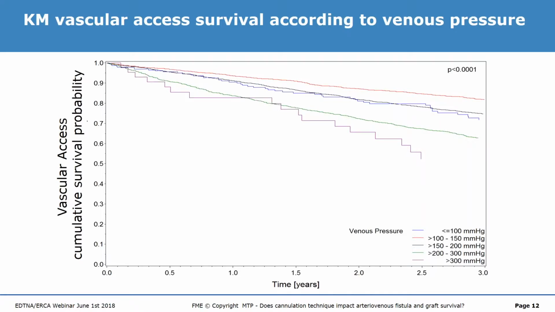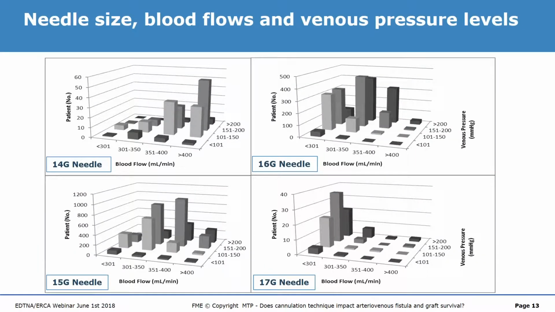There is another additional analysis that we have done, and it is the comparison of the blood flow versus venous pressure according to the type of needle used. Because the dimension of the needle that we are using during the dialysis treatment has a very important influence on the venous pressure. You can see here, if we use a 14 gauge needle,